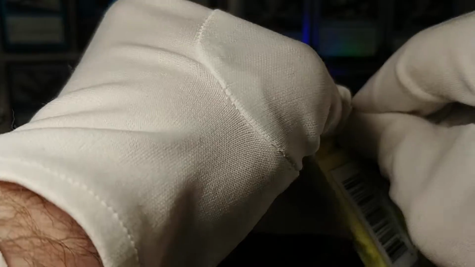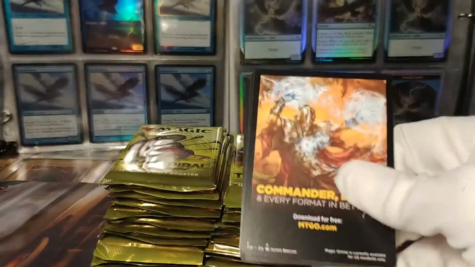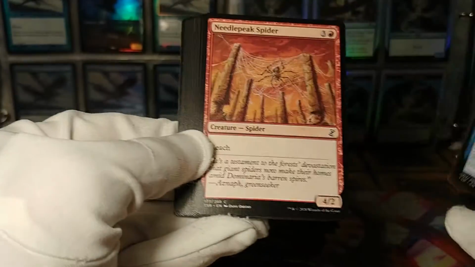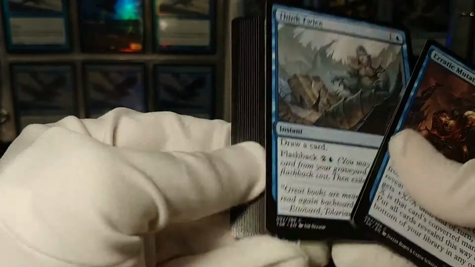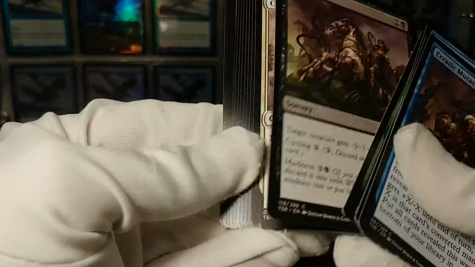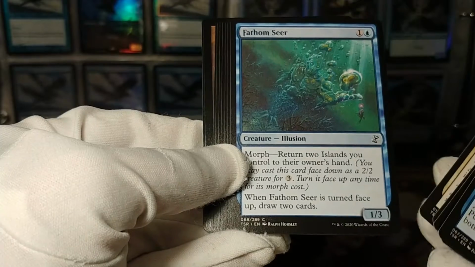Okay. We move on to pile number 2. Wait, this is the side that opens easier. No, yes, kind of. We have an Erratic Mutation, and a Needlepeak Spider, Think Twice, Reflex Sliver, Strength in Numbers, Ecor Slick, Castle Raptor,